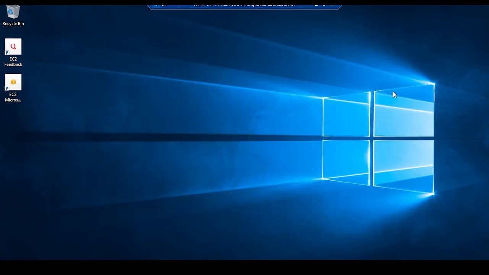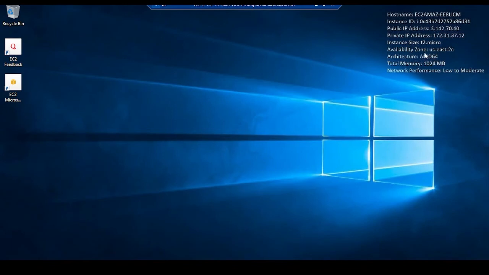In a little while you will get, on the right side, all the details of the machine. Yeah, here we go. As I said, you are able to see all the details, like this is the t2.micro which you deployed, and the instance ID, hostname, and so on. So, guys, this is how you log in to your Windows machine.